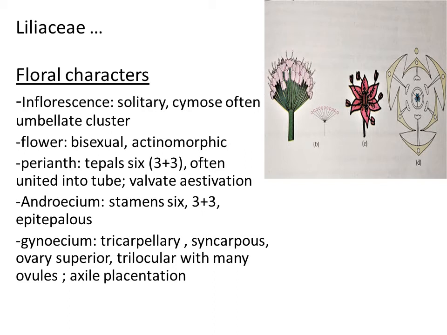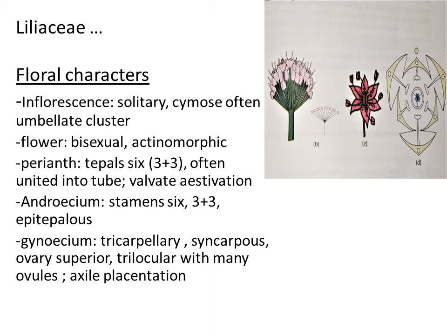And what is the kind of placentation? So if the ovary consists of more than 2 locules, the ovules are attached with the central placenta, such a placentation is named as axial placentation. So you have to remember all these things, right? So axial placentation is nothing but the position of placenta is center and many ovules are attached to the central placenta with multilocular ovary. So such a placentation is axial placentation.